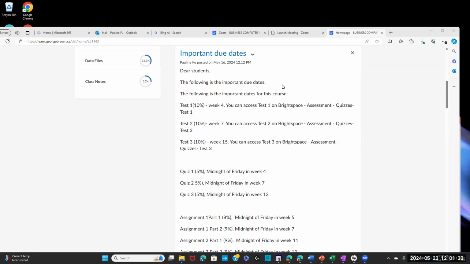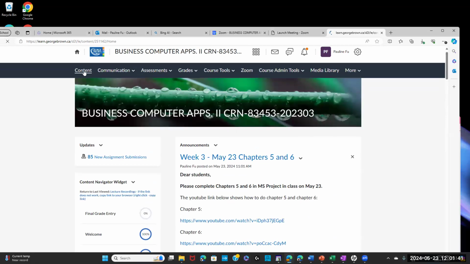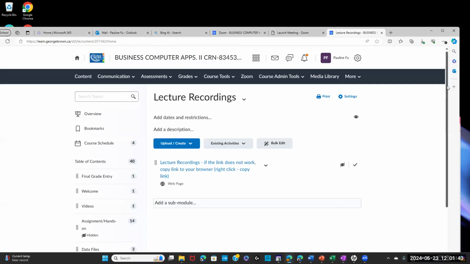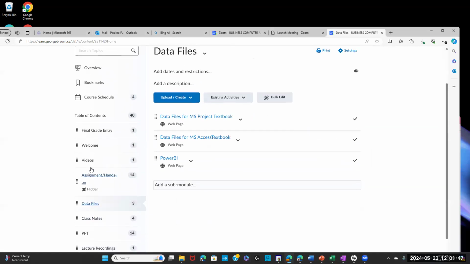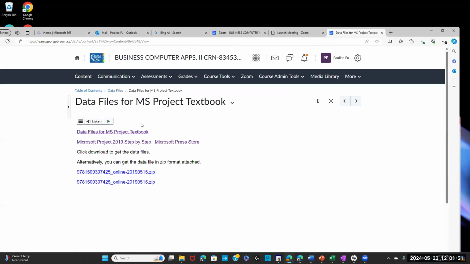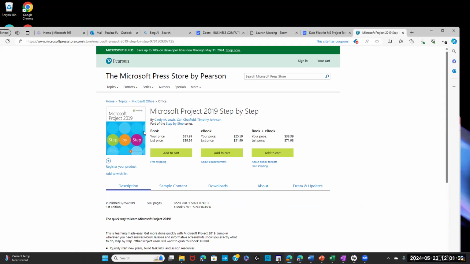Okay, thank you. One question about where to find your textbook. Here, you go to content, data files, data file for MS Project textbook. So this is where you can get your textbook.